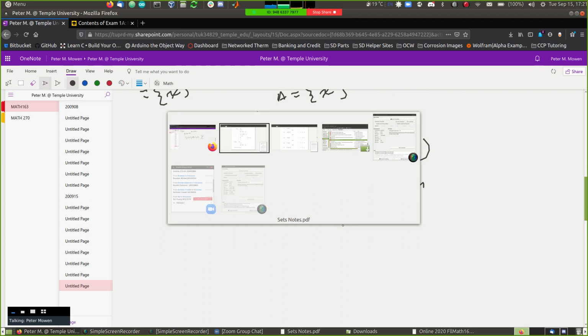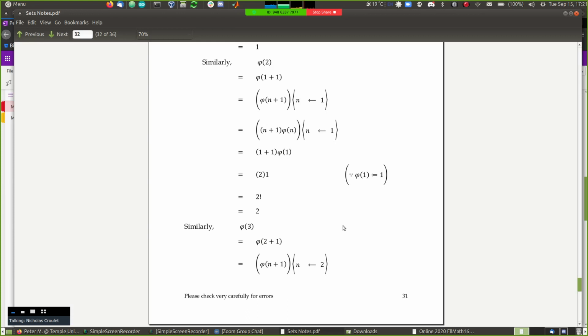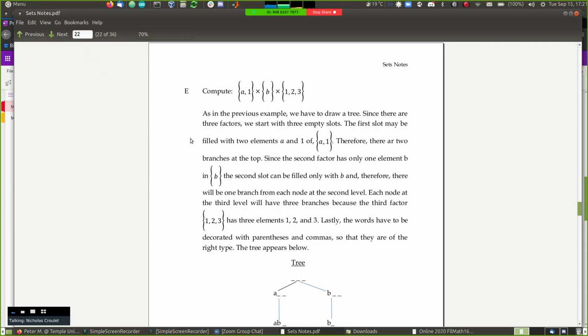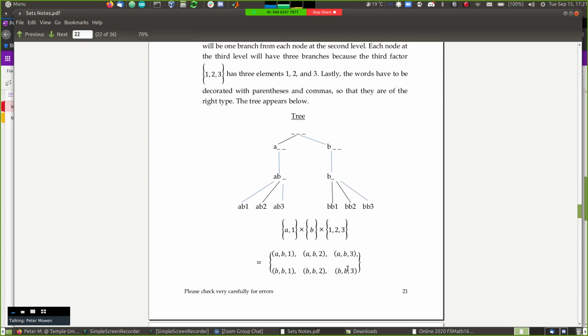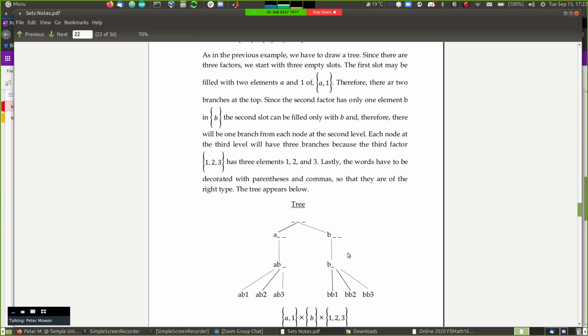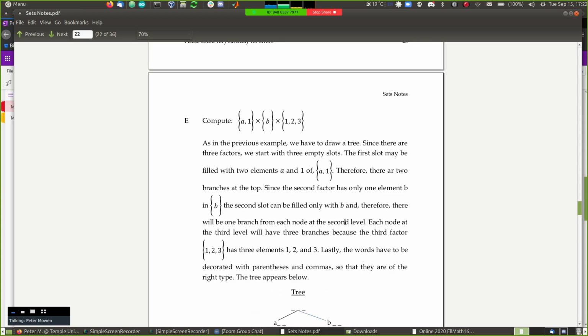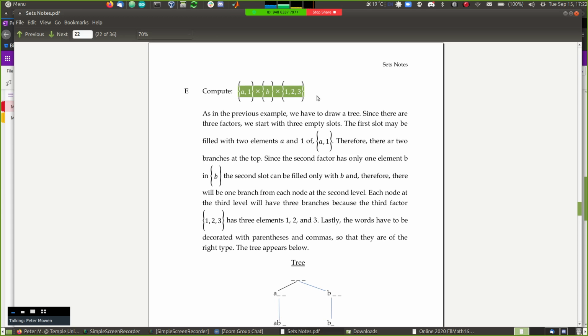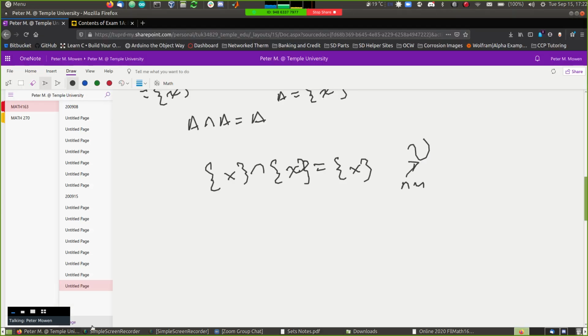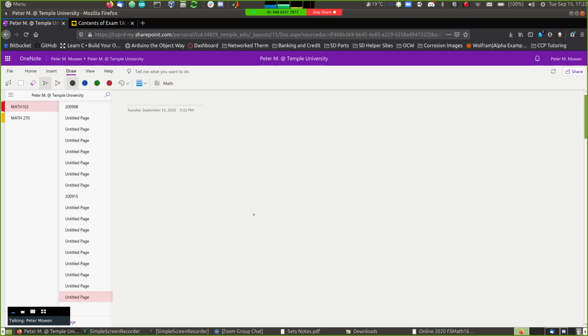Yep. Let me go back to set notes. Mm-hmm. So let's see. Let me just back up. Okay, so I'll just do this example over here. So we've got A1 cross B cross